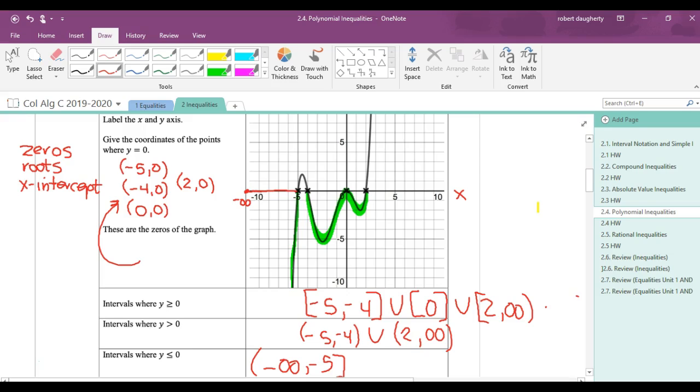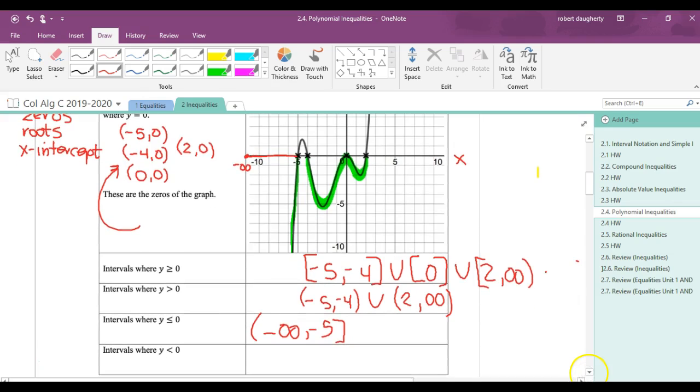Okay, now, if I keep traveling, if I go from this point to this point, am I below the axis? No, I'm above, okay? So then now, when do I start to go below the axis again? When I get to this number. What number is that? -4. So now, I go from -4,